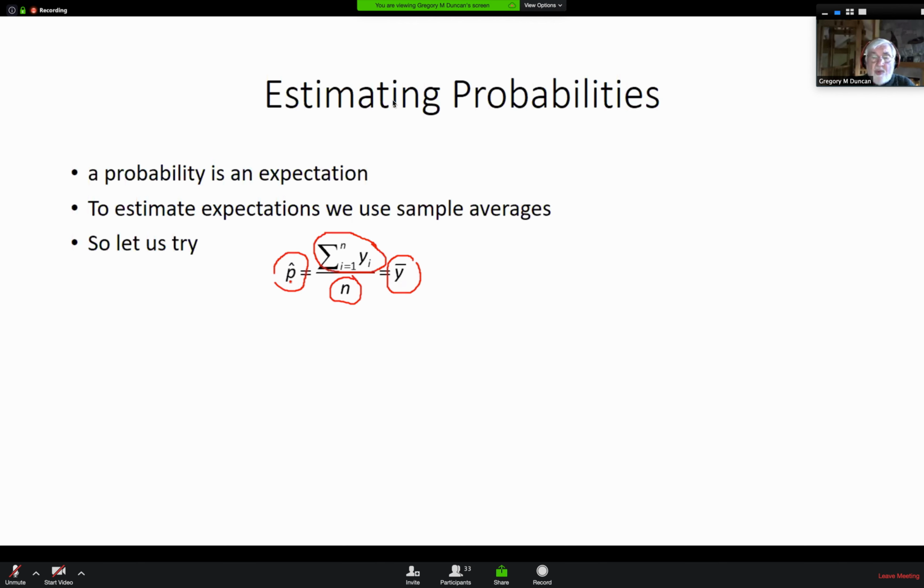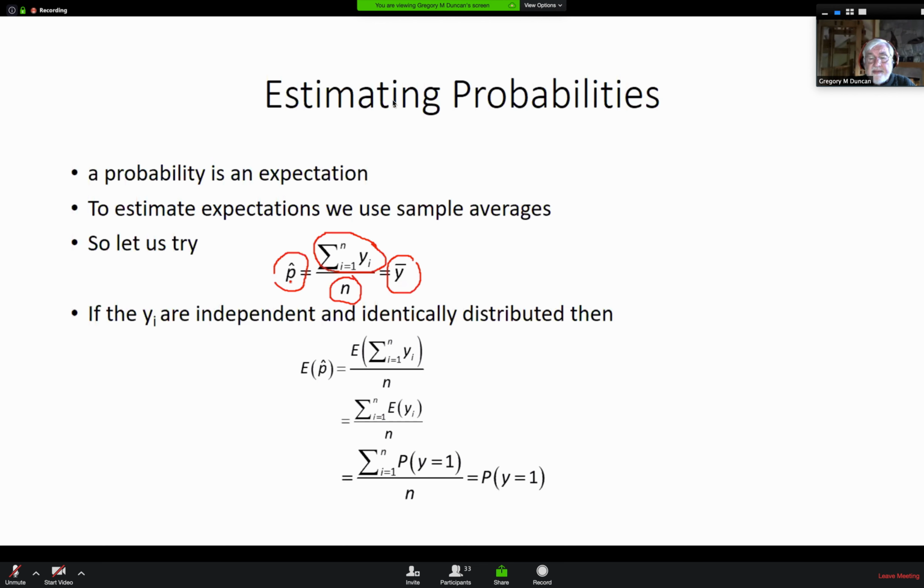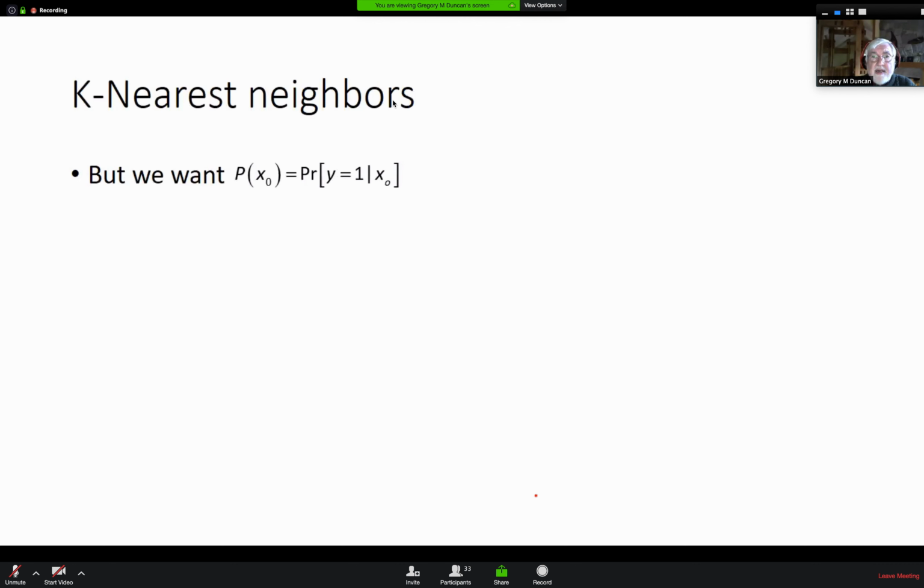And you say, well, you know, that's all well, good, and intuitive. But the problem is, well, I'm just pointing out something here. I'll get back to it in a second. Just pointing out that the expected value of p hat is in fact equal to that probability. And so it's an unbiased estimator. But here's the problem. We don't want the probability that y equals 1. We want the probability y equals 1 given x. That is, we want to know,